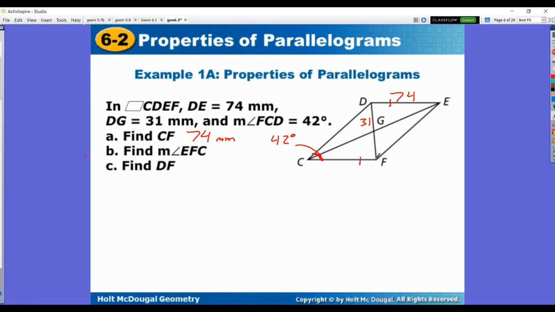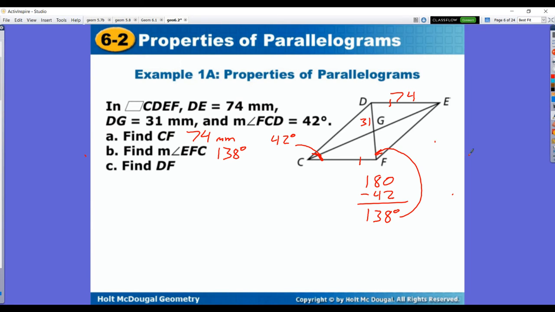All right. The next thing we're taking a look at is we're trying to figure out what angle EFC is. So EFC is this guy right here. So these two angles are consecutive. So that means they're going to add up to 180 degrees according to that property. All right, so these two angles together make 180 degrees. We know that this one is 42 degrees. All right, subtract that, and we are left with 138 degrees for this angle right here. All right, so EFC,